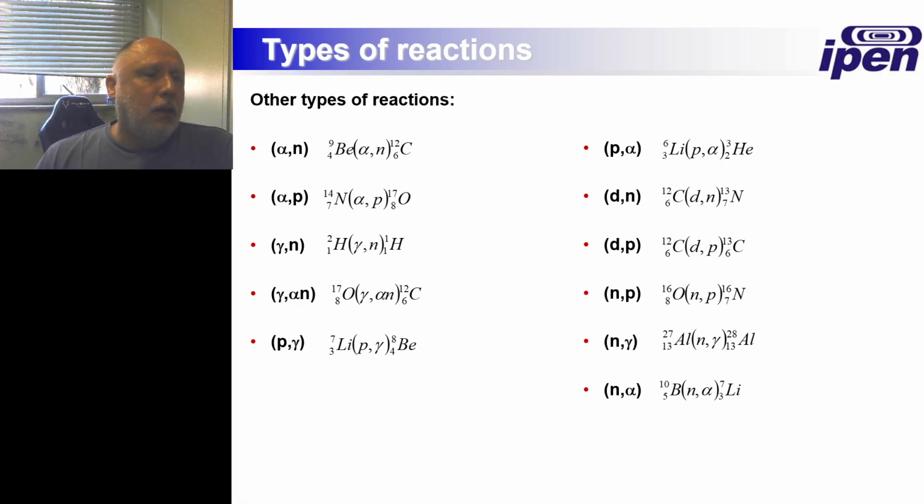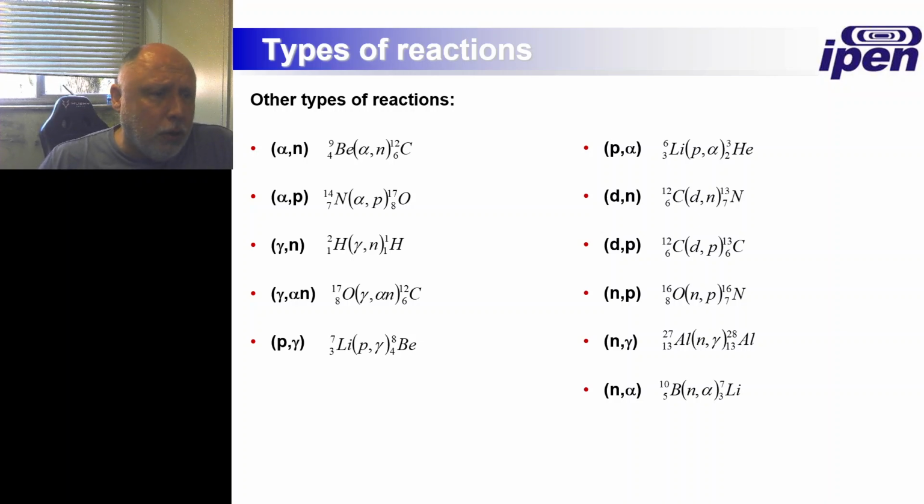He had alpha particles incident on a beryllium plate, and he noticed he was producing this kind of strange radiation. That was the neutron. You can have, for instance, alpha P: an alpha particle coming in, a proton coming out, and then all the rest is much similar to doing